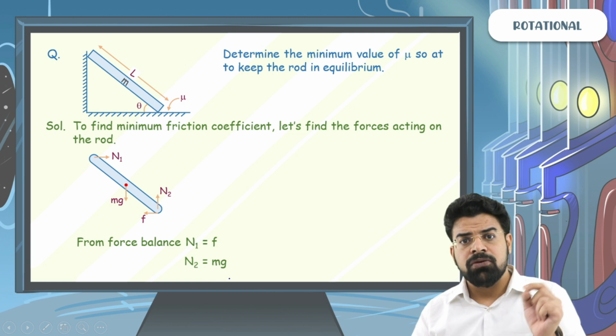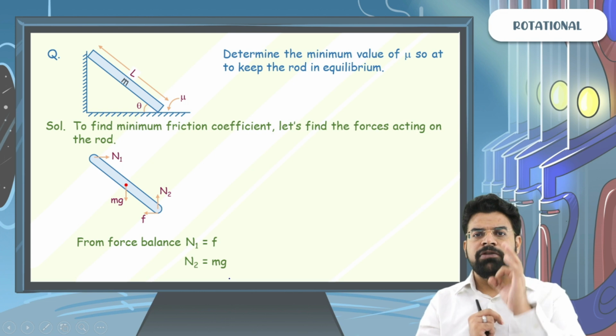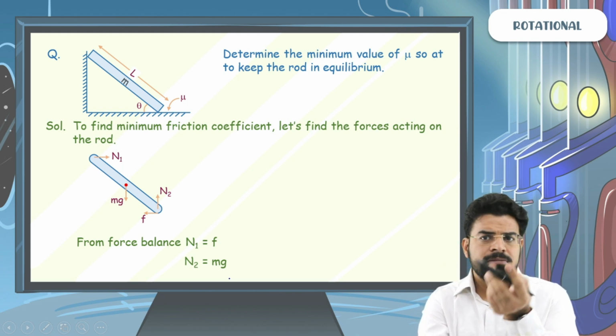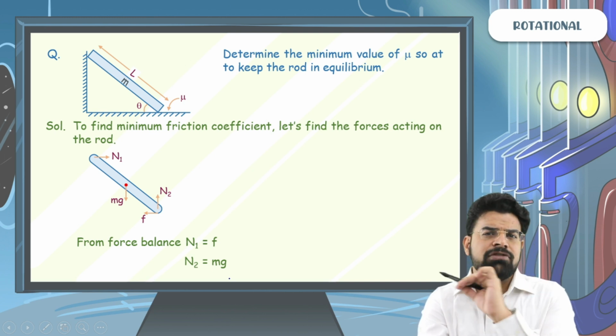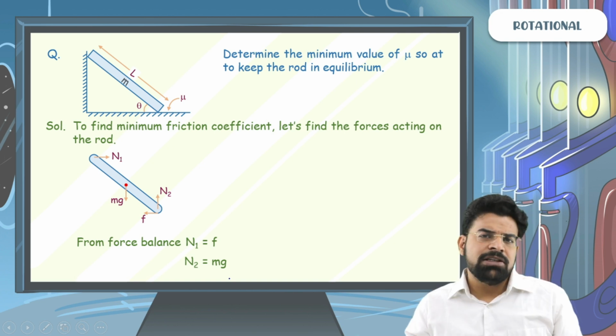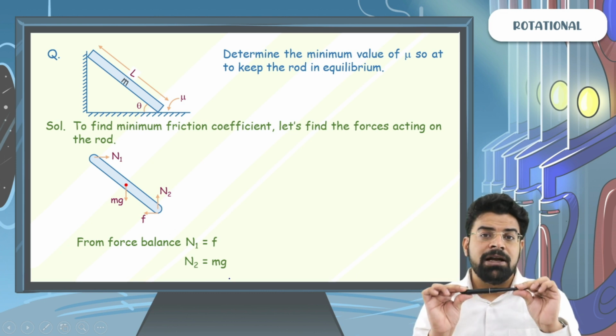Now let's write down the equation of torque balance. My simple question is about which point we should write the torque in this case. Sir, you said that when you have a hinge, make the torque equation about the hinge. If you do not have a hinge, then make the torque equation about the center of mass. But here there is one special point about which if we make the torque equation, we will be at an advantage.